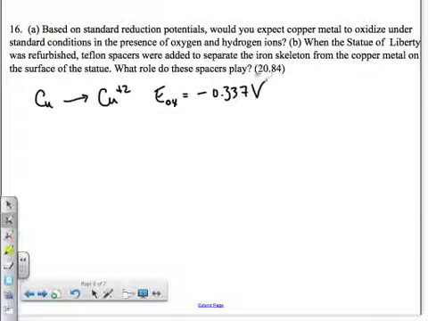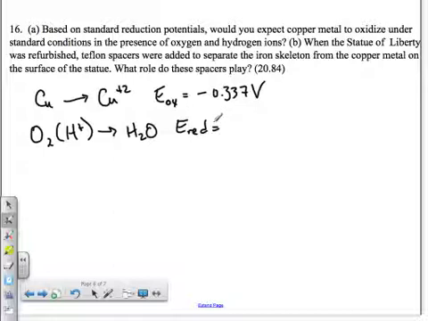0.337 volts. All right. Oxygen, in the presence of hydrogen ions, is being reduced. Look at your table of reduction potentials, find oxygen, O2. It would have to be reduced if copper is being oxidized. So find oxygen. Oxygen in the presence of hydrogen ions gets reduced to water. All right. The reduction potential for that reaction is